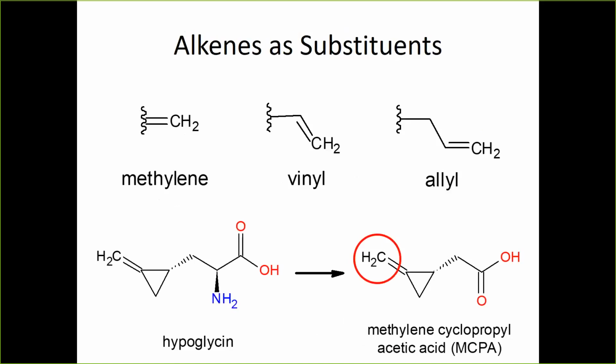So they can get a bunch of other not so good symptoms like acidosis and coma, but the things of interest for this Jamaican vomiting sickness that people can get are that they get the hypoglycemia and also the seizures, and those are the mechanisms by which that happens. So that name of that compound is hopefully going to be a little easier to remember. If you remember, methylene is that double bond CH2 substituent coming off of that cyclopropyl group.